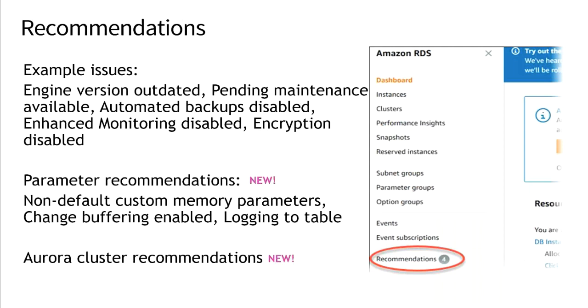Let's talk about a few interesting capabilities in RDS that came out in the last year or so, which I think might be useful for you. One of them is called recommendations. That shows up in the Amazon RDS console as a set of recommendations which basically look at your database configuration